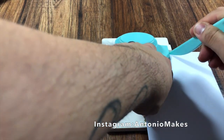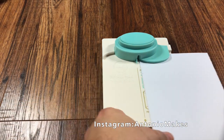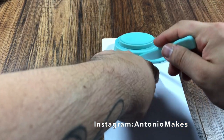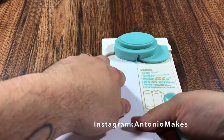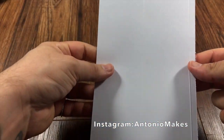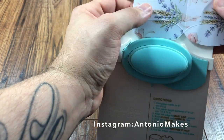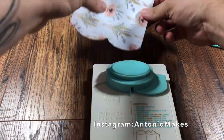Punch, curve, and that line. Don't worry too much if the two lines don't meet yet, because we're going to use the scoring tool to do that. Okay, so punch, curve, follow the curve, and straight line, and the last punch, which as you can see matches that line. So you end up with something that looks like that, and then doing the reverse punch. Hope you guys see what I'm doing there. Punch and